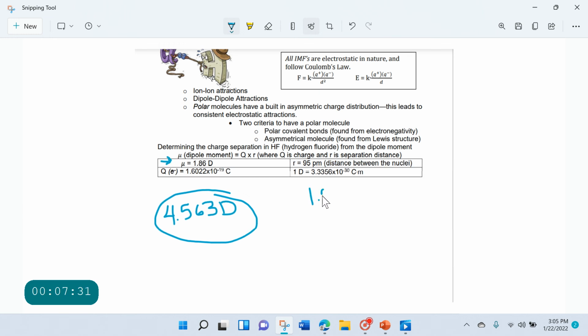So we've got 1.86 Debyes as our part, and the 4.563 Debyes as our whole. And we're going to multiply that by 100 to get our percentage. So if we do the division on that, your Debyes will cancel, and you are left with